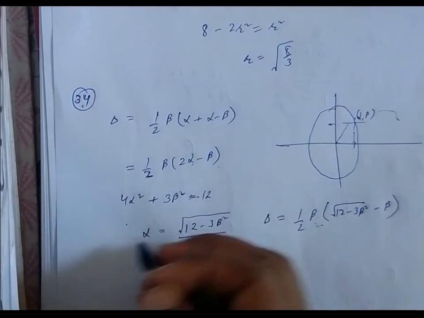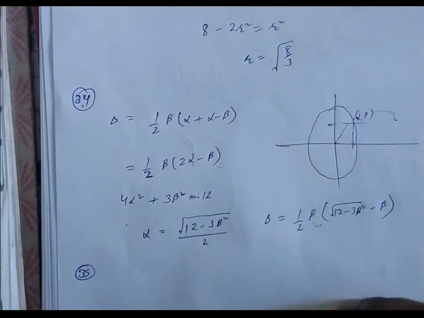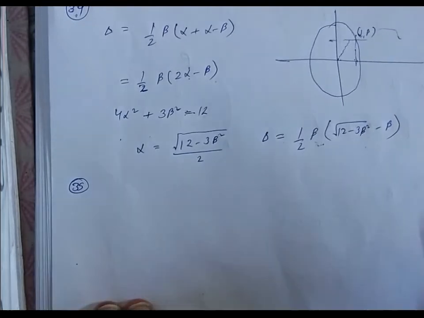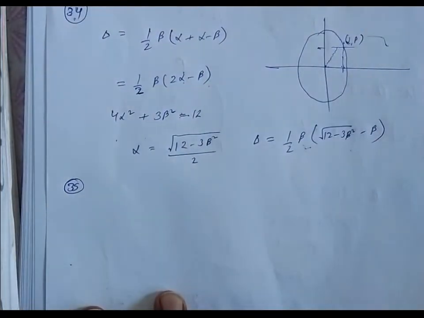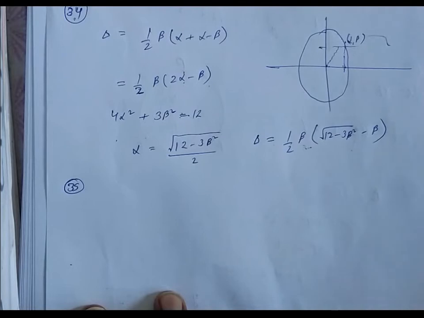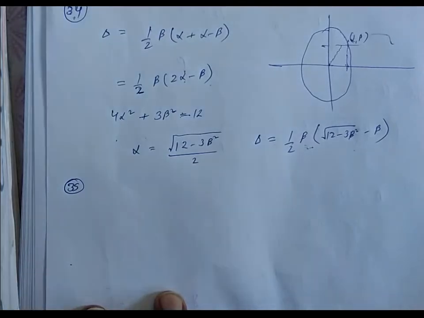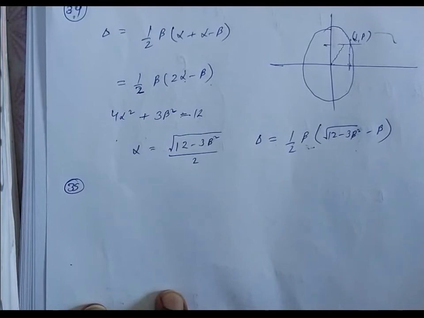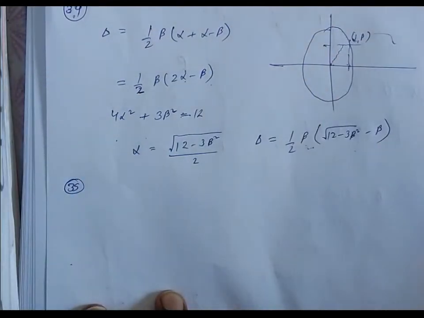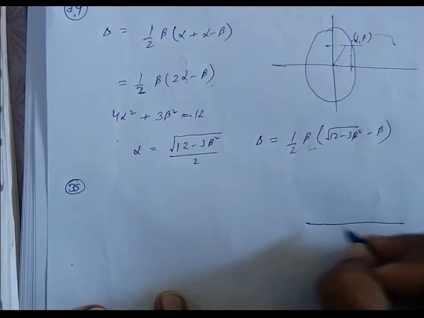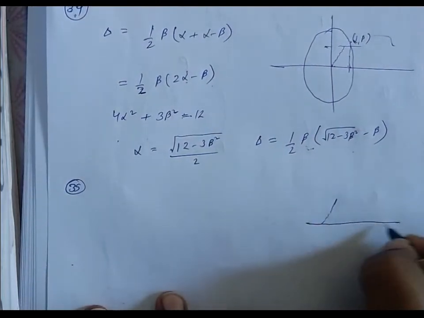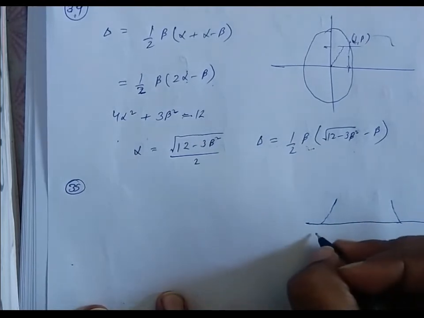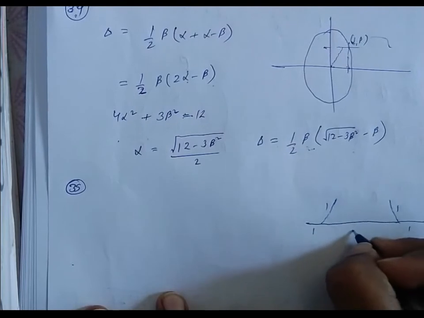Moving on to the next question, question number 35. A gutter is to be made out of a long sheet of metal a cm wide by turning up strips of width 1 cm on each side so that they make equal angles theta with the vertical. For what value of theta will the containing capacity of the gutter be greatest? So if the width is a centimeter and 1 centimeter is folded at an angle theta, this would be 1, this would be 1, and this is a minus 2.